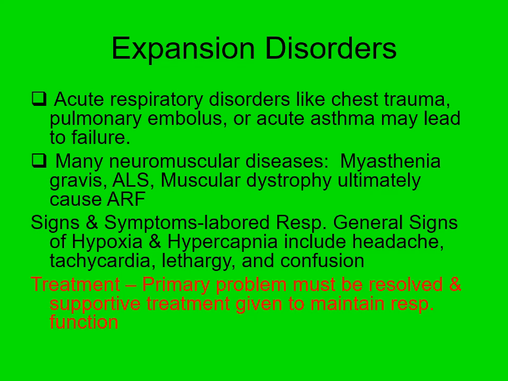Acute respiratory disorders like chest trauma, pulmonary embolus, or acute asthma may lead to failure. And many neuromuscular diseases, myasthenia gravis, ALS, muscular dystrophy, ultimately can result in ARF due to neurological complications. Signs and symptoms: labored respirations, general signs of hypoxia and hypercapnia, including headache, tachycardia, lethargy, and confusion. Primary problem must be resolved and supportive treatment given to maintain respiratory